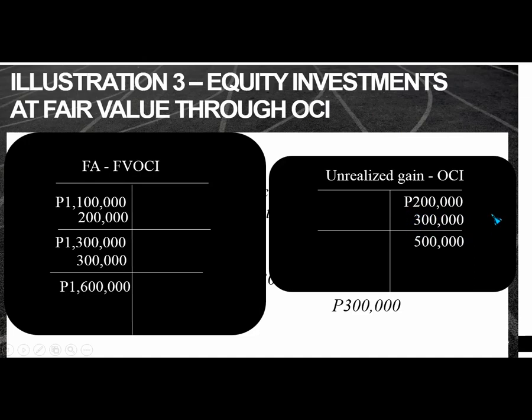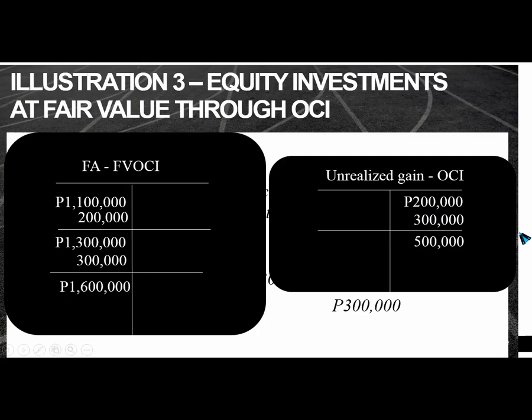No? So in your statement of comprehensive income under OCI, ang mag-a-appear ay yung 300,000. Pero sa statement of changes in equity, sa equity section class, ang mag-a-appear ay itong 500,000,